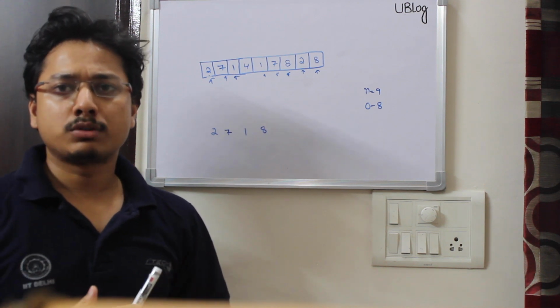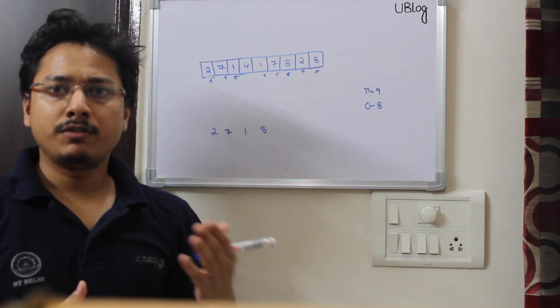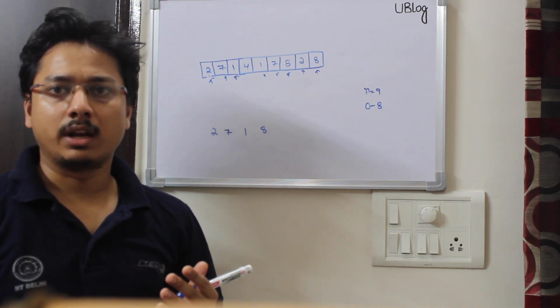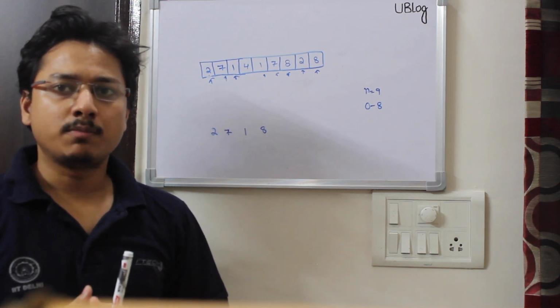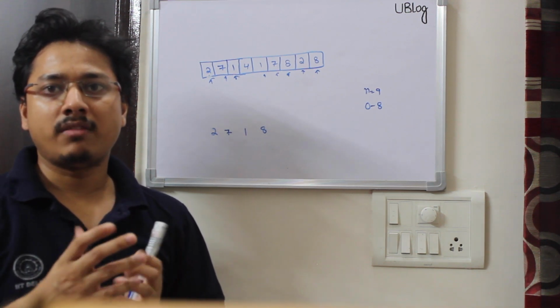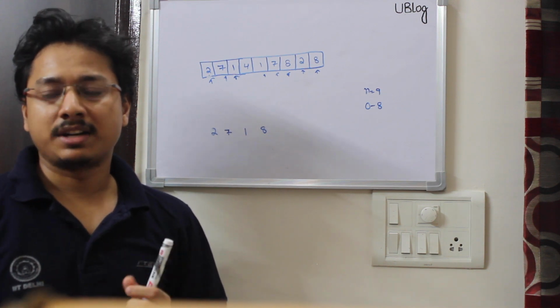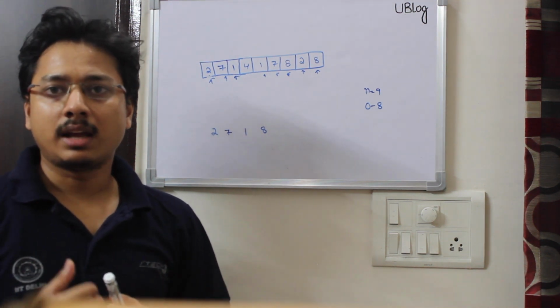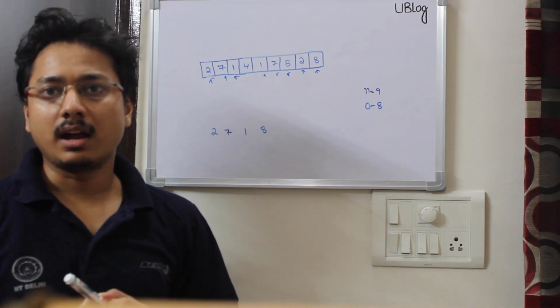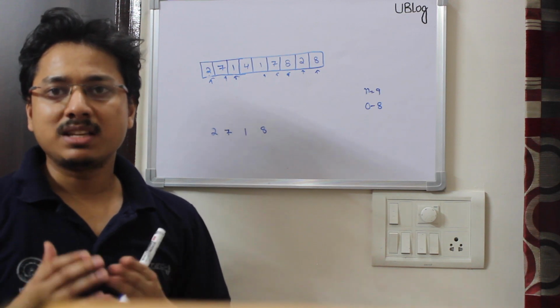Now we need to think of a solution which does it in even better time. What if we sort this input array? If we are able to sort it, then we can just traverse the array and see if we have any adjacent numbers which are equal, which means they are duplicates. We can sort the array in n log n time, and then traverse the array in O(n) time. So the solution will now be O(n log n plus n).